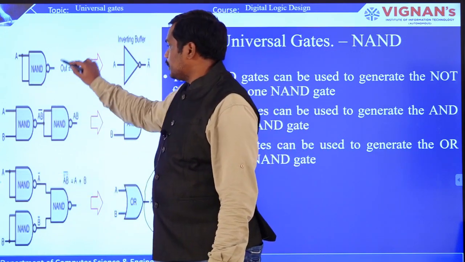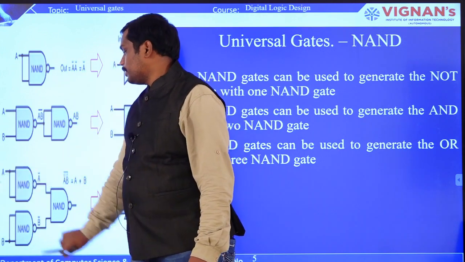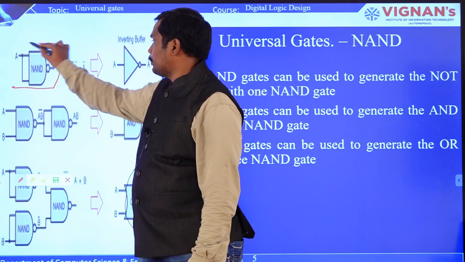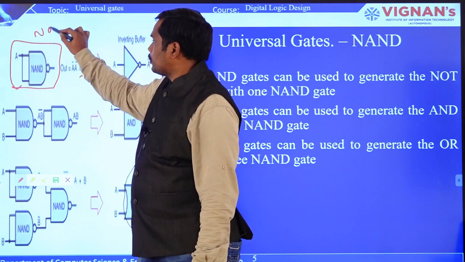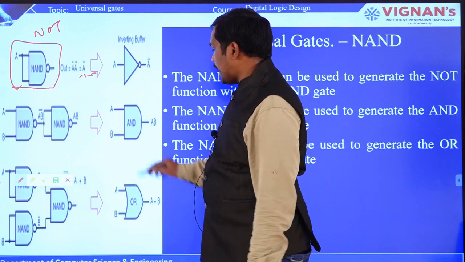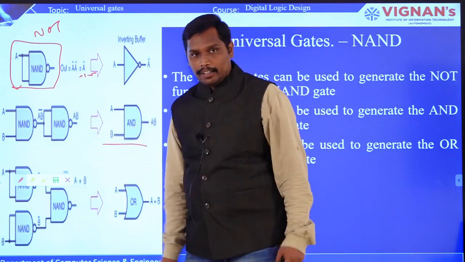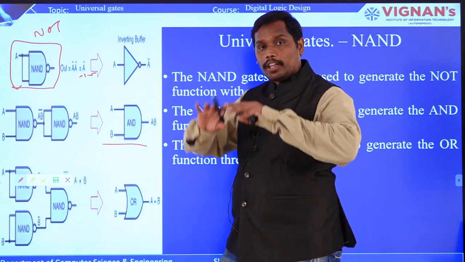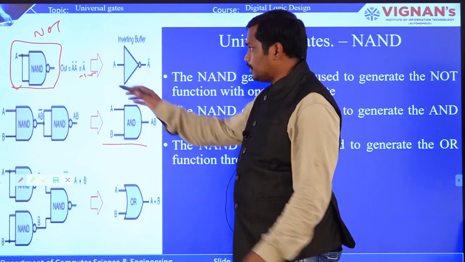So this is the new symbol that we are going to represent with for the NOT, using NAND. So this is the symbol that we are going to use for NOT. And now we shall see AND. So how is this AND symbol converted to NAND using NANDs? Because I said to you that it's a universal gate. So all the other gates can be represented with this NAND gate, right?